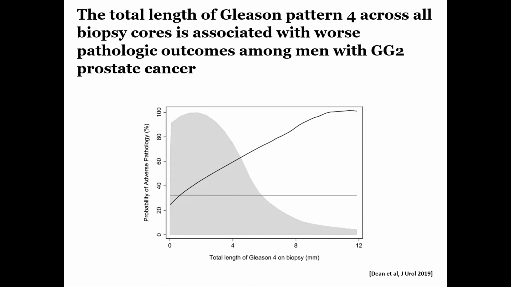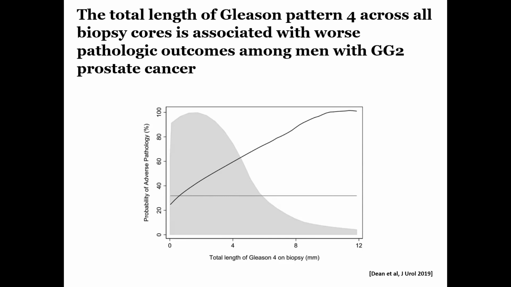We first evaluated the role of total Gleason pattern 4 and other quantifications of Gleason pattern across patients who underwent radical prostatectomy with grade group 2 prostate cancer at Memorial Sloan Kettering Cancer Center. We asked whether outcomes related to adverse pathology were associated with biopsy pathology across various quantification methods of Gleason pattern 4. We evaluated the total millimeters of pattern 4 across all biopsy cores, the highest percentage in a single core,